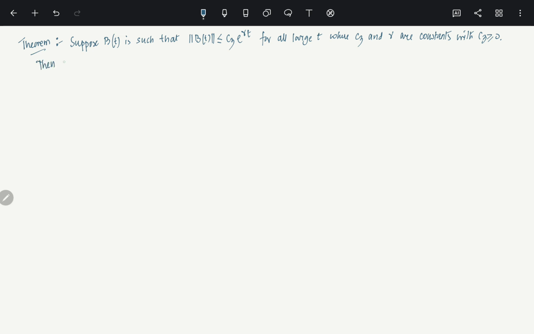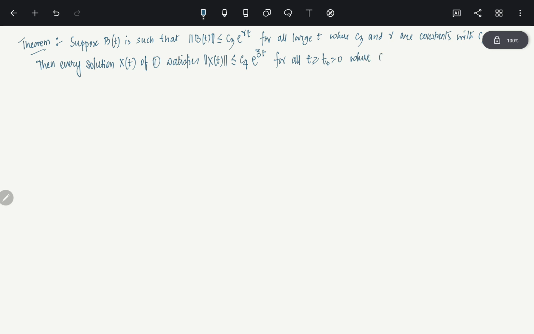Then what we can say is every solution x of t of the system satisfies that the norm of x of t is dominated by some constant c4 times exponential xi t, for all t large enough, that is, greater than or equal to t naught, which is of course greater than 0, where c4 and xi are constants with c4